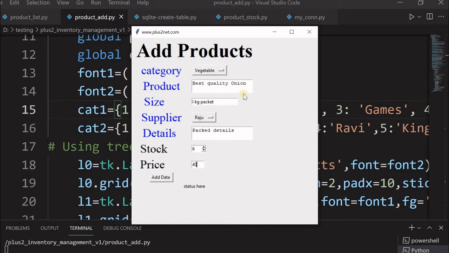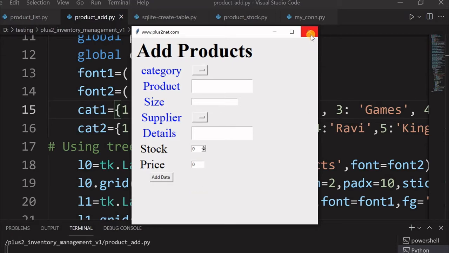Now once all these are successfully added, this validation is to be done. If something is empty, as per your requirement, if something is not filled, you can give an error message. Now once all the data is filled, every product will have an ID. Here that ID will be displayed. That gives the confirmation that the product is included. The ID is 16. So fine.